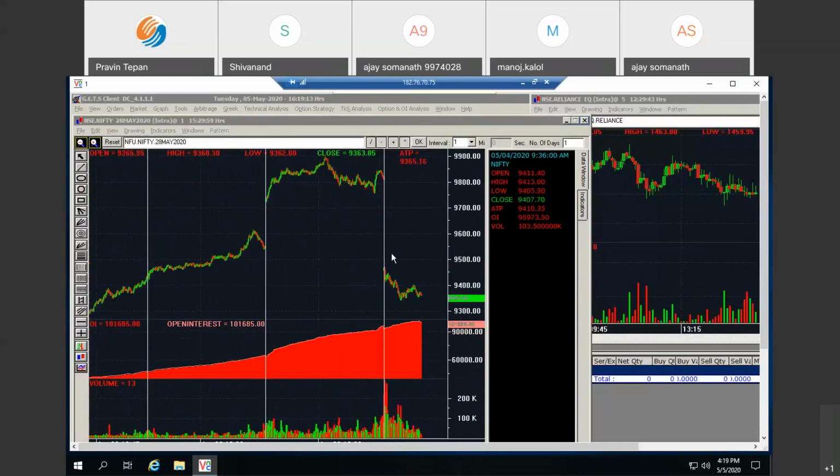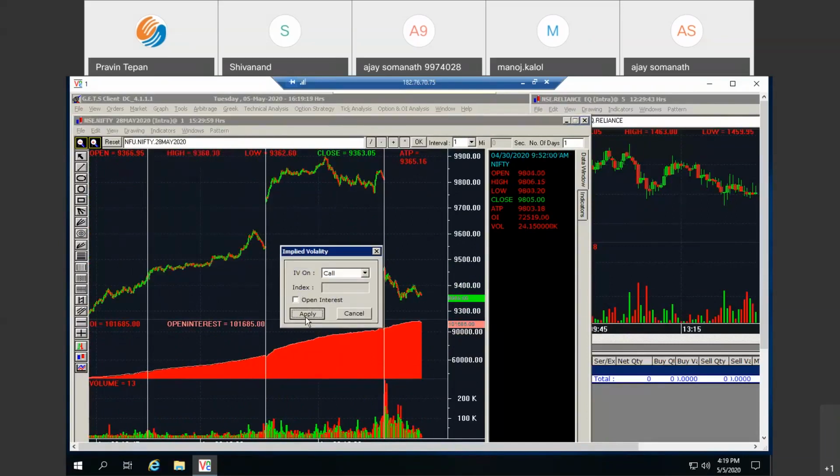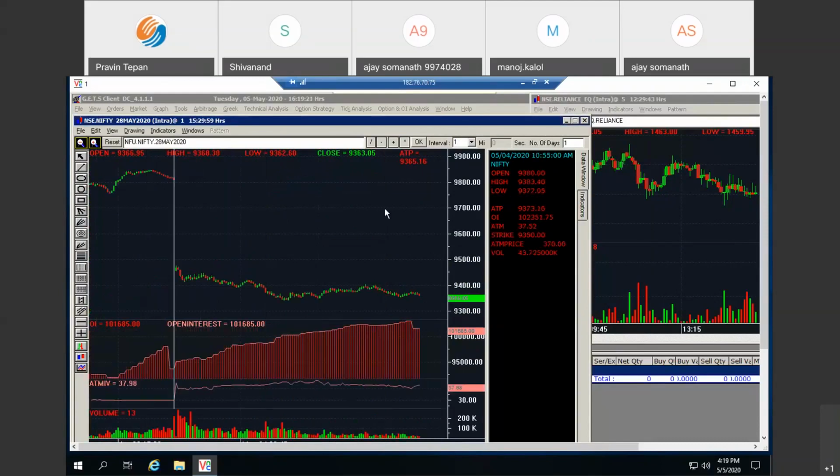So like this, you can see the OI chart. If you want the IVs also, let's say ATM IV, I want the ATM IV on future. You can select the IV chart also, and you will get the current IV: ATM IV, OTM IV, ITM IV. All the IVs you can plot on the future, and you can analyze directly from the graph itself what the OI is at that time and what the ITM and ATM IV are at that time.